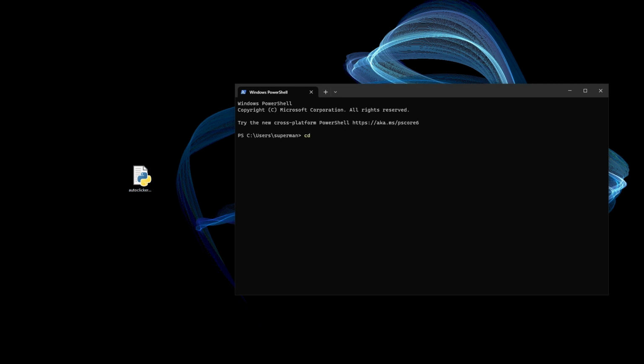So the first thing I want to do is change directory into the desktop where my script is. So just change folder into wherever you are. CD for change directory, wherever you want to go. And then we're just going to try running it manually. So I'm going to say Python autoclicker